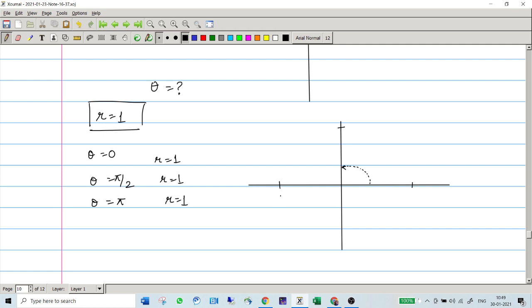And if I had taken theta to be pi by 6, r would have been 1 again. When theta is pi by 6, let's say this much, how many units do you need to travel? You need to travel 1 unit. So for all the points which you have got like this, no matter whatever your theta is, you're traveling by 1 unit every single time. So what sort of curve will you get? Circle. So the equation r equal to 1 represents a circle of radius 1, right?